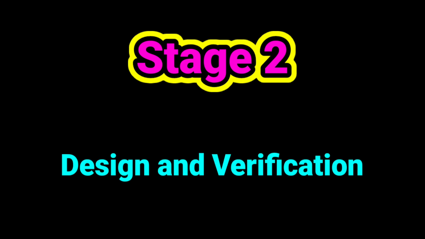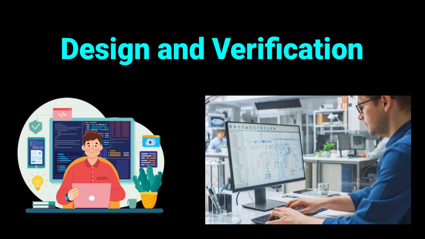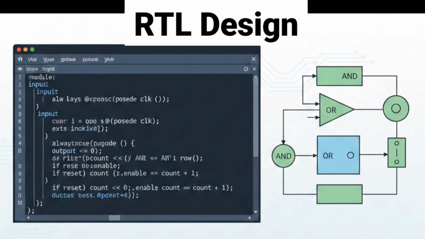Now stage 2, which is digital design and verification. This is where engineers like you and me get involved. Fourth is digital design, which is RTL, register transfer level. Here the architecture is converted into actual hardware logic, not transistor level, not gate level, but RTL level using Verilog or VHDL. Modern chips are too big to design from scratch, so companies reuse IP blocks or buy modules like CAN, PCIe, USB cores, or integrate third-party IPs. The designer writes behavioral RTL that describes how the hardware works.